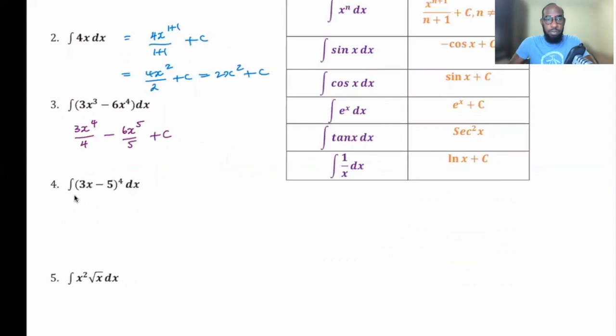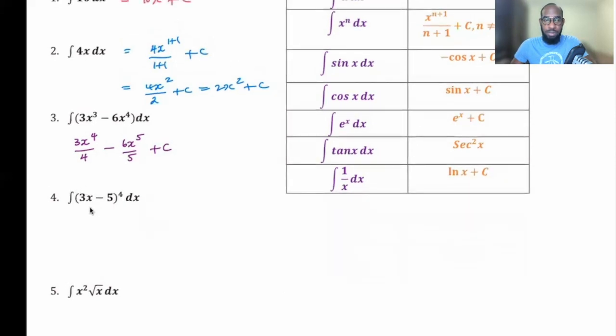number 4, we're going a little faster now. This one we have to pay a little attention. So the integral of this here. Now for this question, we have this in brackets and it's raised to the power 4, but it's not raised to the power plus 1, so we have to do something different. You could expand this bracket, and after you expand it, find the integral of each term. That's long. Or you can